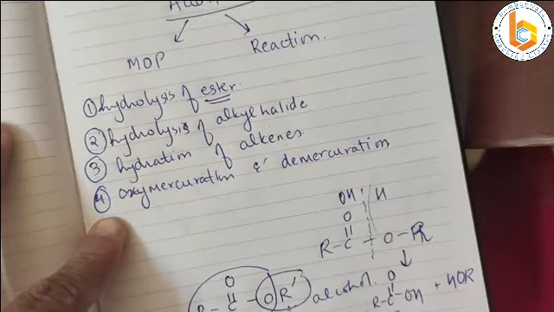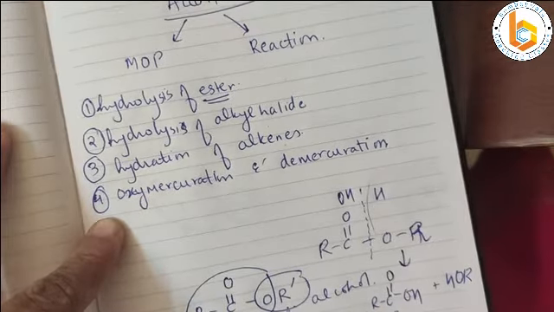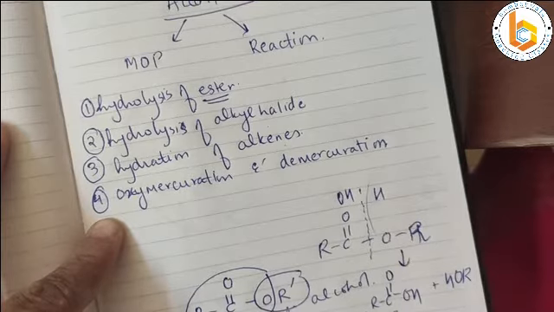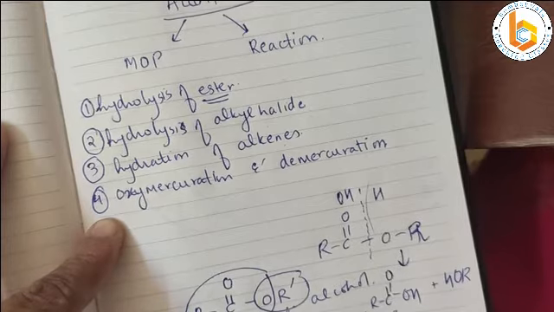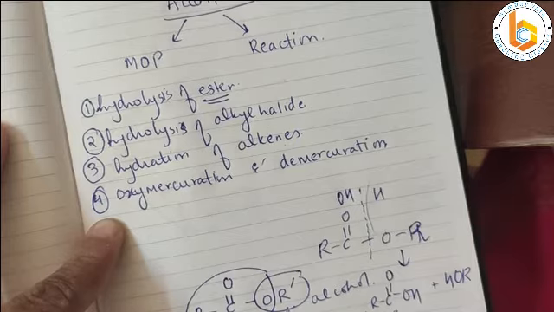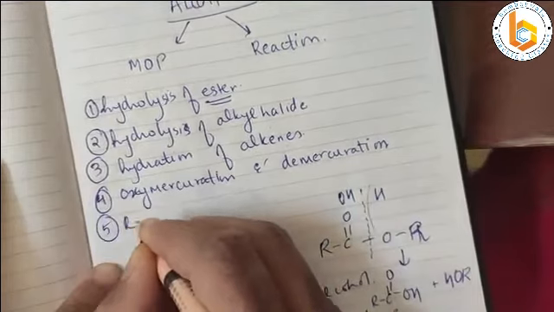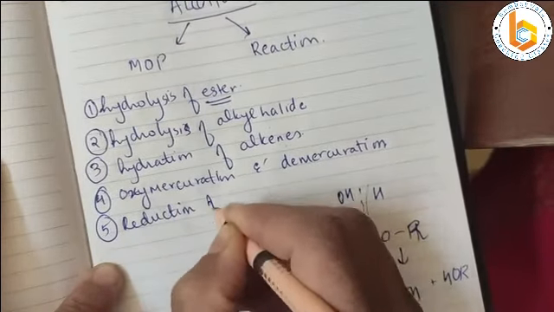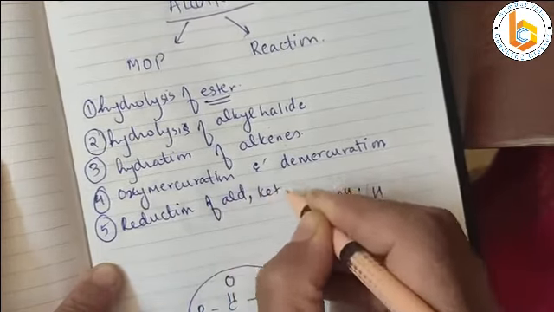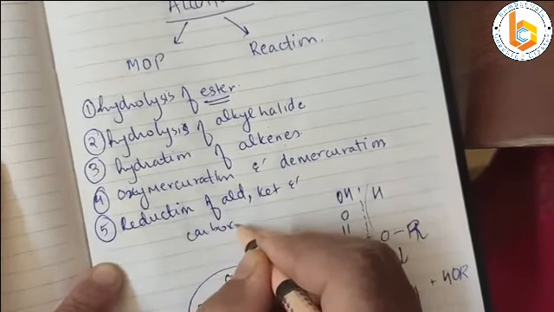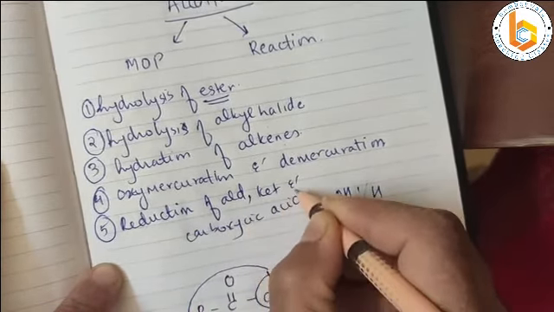Now we move on to a very simple method of preparation. The last few methods of preparation that we have to talk about now is reduction of aldehydes, ketones and carboxylic acid. Remember, reduction of aldehydes, ketones and carboxylic acid. Reduction of these three. Okay. Now let us move on to the reduction reactions.